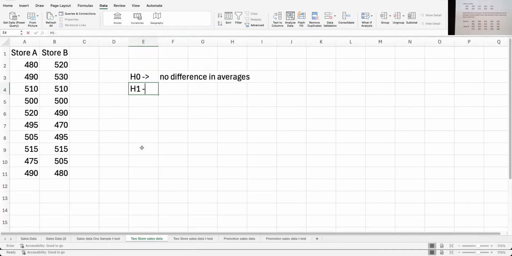My alternate hypothesis: there is a difference. Again, it could be one is lower, it could be higher, I don't know. I'm just saying there is a difference. I don't know what the average is for group 1, I don't know what the average is for group 2. But I'm assuming for the moment